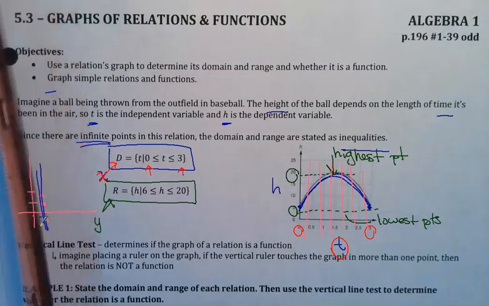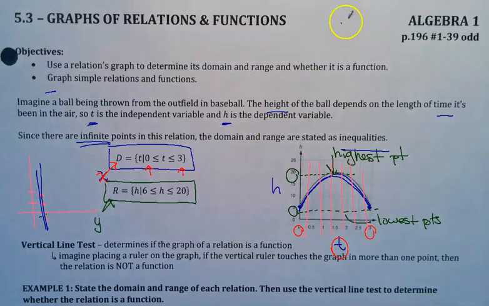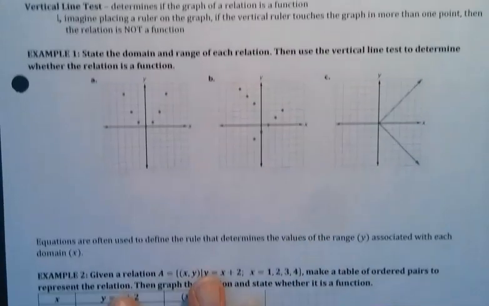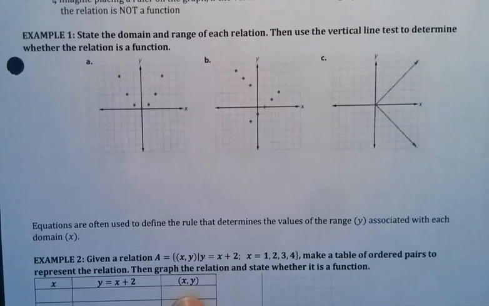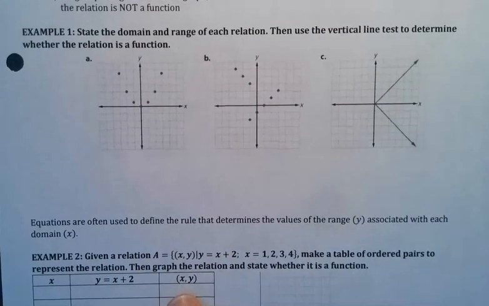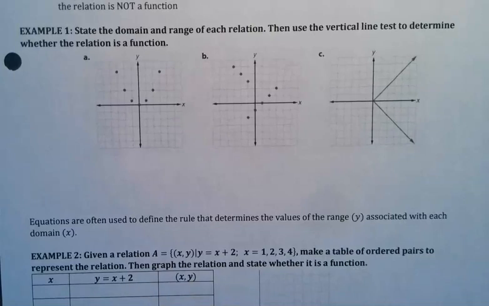So, example 1. Let's clear the board and go to example 1. State the domain and range of each relation. Then use the vertical line test to determine whether the relation is a function. Okay, so A,